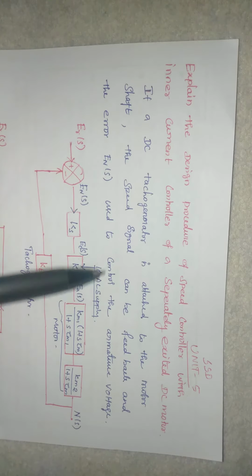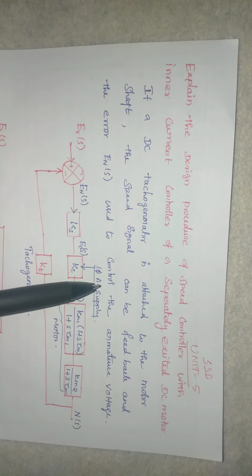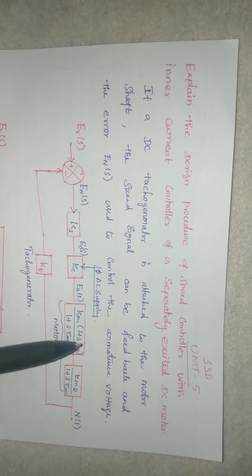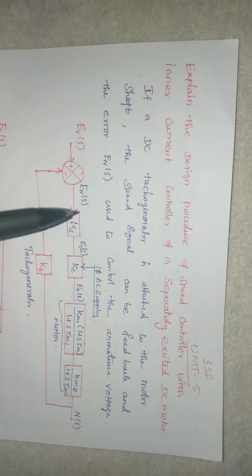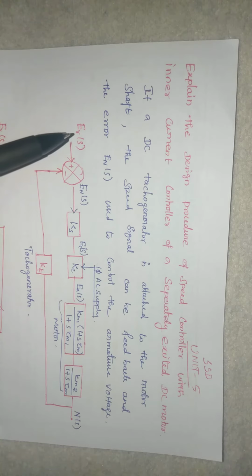Based on the difference, the controller controls the single phase AC supply, so that EA is produced with the appropriate voltage based on this reference signal. So we are giving two inputs: one is the single phase AC supply to run the machine, and the other is the reference speed, which decides how the supply goes to the machine. That speed will be varying. For example, if you want 1500 RPM, 1100, 1200 RPM, whatever it may be, we can give it by using this reference signal.